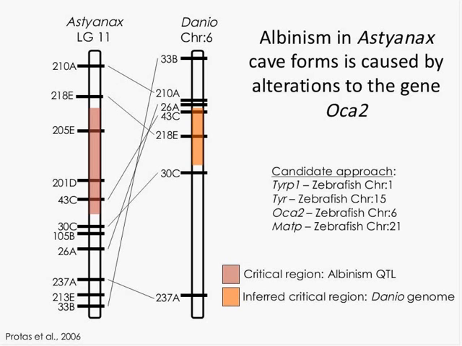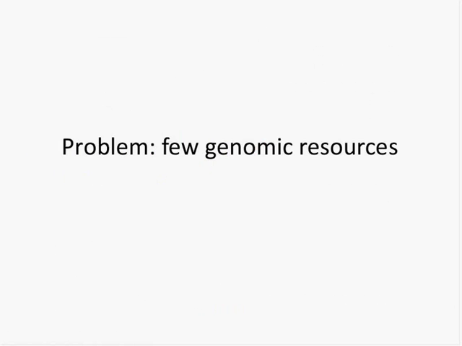And albinism is a nice trait to work with, because there are really just a limited number of candidate genes that we know to mediate albinism in vertebrates. And lo and behold, OCA2 ended up being the gene that was responsible for albinism in this species. And in fact, interestingly, it occurs recurrently, irrespective of different cave populations that have arisen at very different geologic times in the past. The QTL studies were phenomenal and were really helpful for looking at